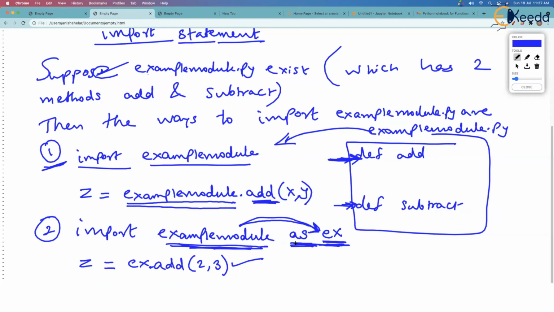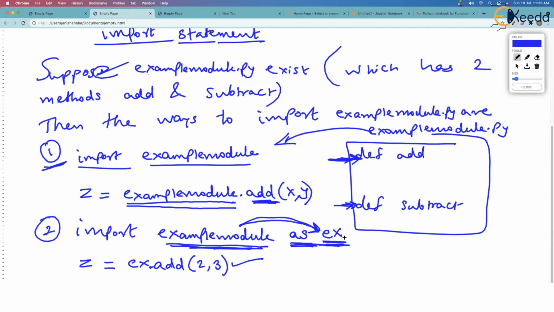So that when you say import numpy as np, you can write np dot something instead of numpy dot something. Isn't it so? Or import matplotlib dot pyplot as plt. When you say as plt, you can say plt dot something instead of matplotlib dot pyplot dot every time.